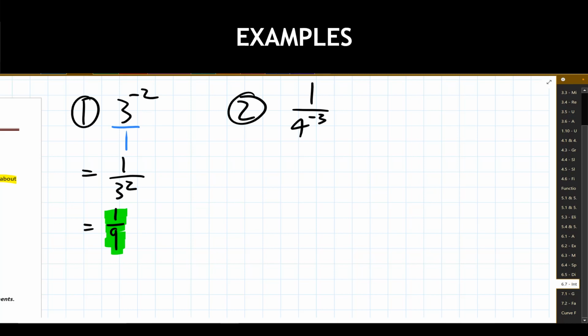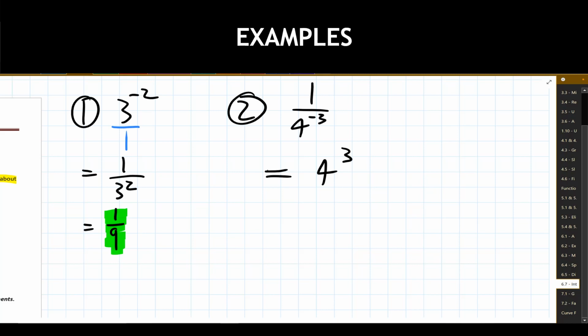Once again, for me personally, I'm not a fan of negatives. I think they're a little bit weird to work with. And how do we start off with taking a negative third power? Well, let's deal with that. So in this instance, we have 4 as the base of the exponent. That base is currently in the denominator of a fraction. So to get rid of that negative in the exponent spot, I'm going to take the base of 4 and move that into the numerator of a fraction. So we end up getting 4 to the third power.